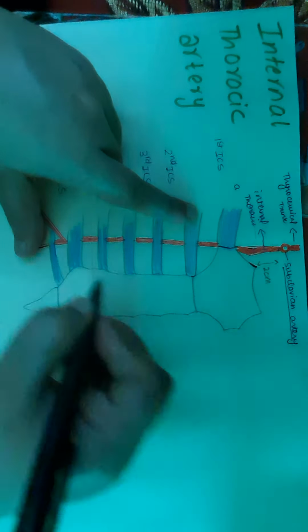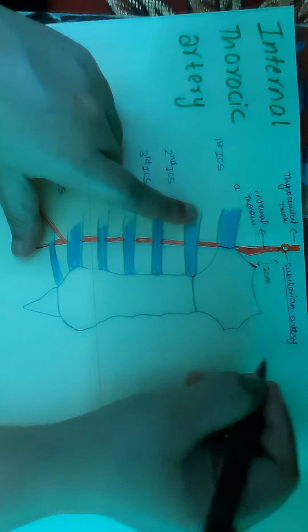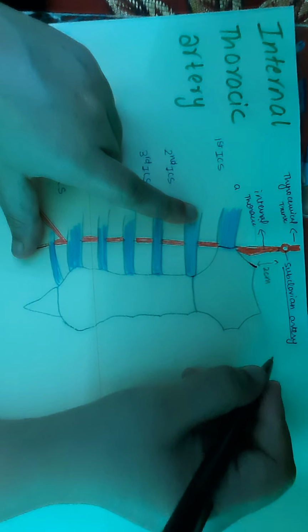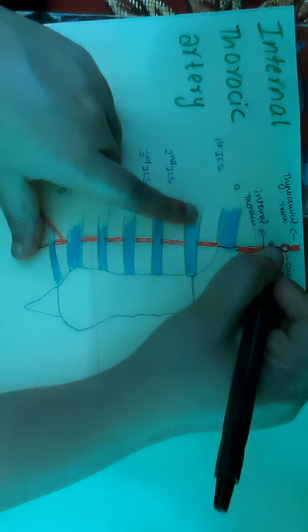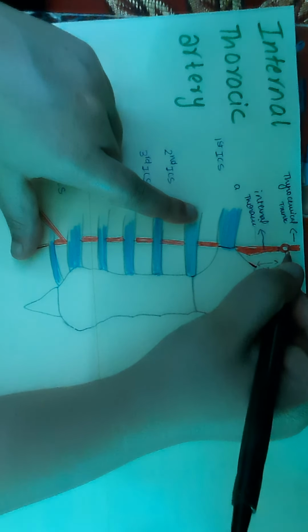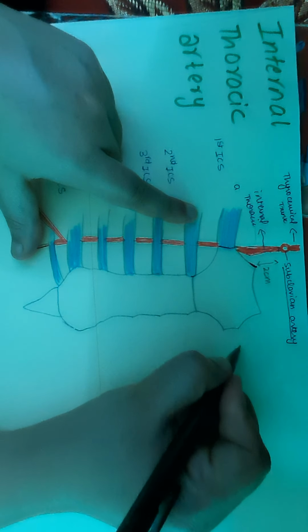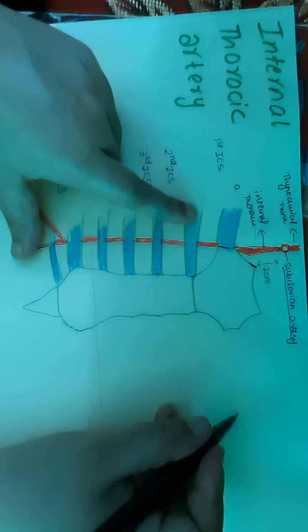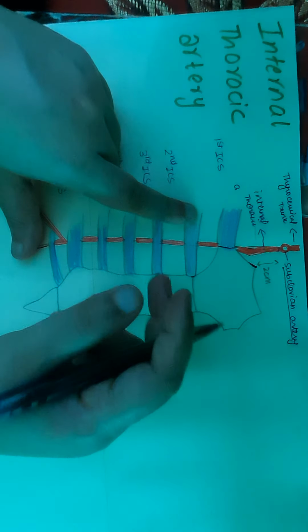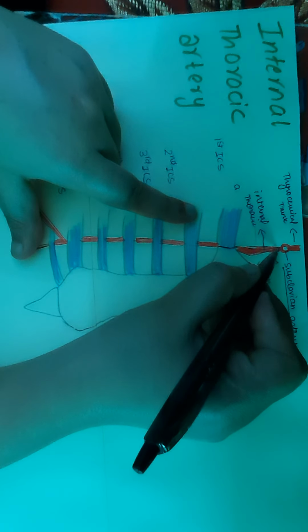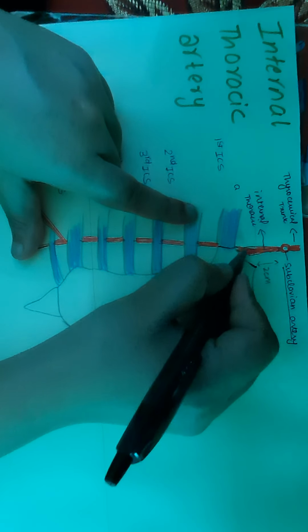I'm just drawing one. But from here also, we'll have the subclavian artery, right? That is a direct branch on the left, because on the right side there is the brachiocephalic trunk that is going to divide into the subclavian and common carotid. But on the left side, it's a direct branch: the left common carotid and left subclavian. So the left subclavian is going to give a branch, which is the internal thoracic artery, directly opposite to the thyrocervical trunk, 2 centimeters from the mid aspect of the clavicle. Then it's going to arise.